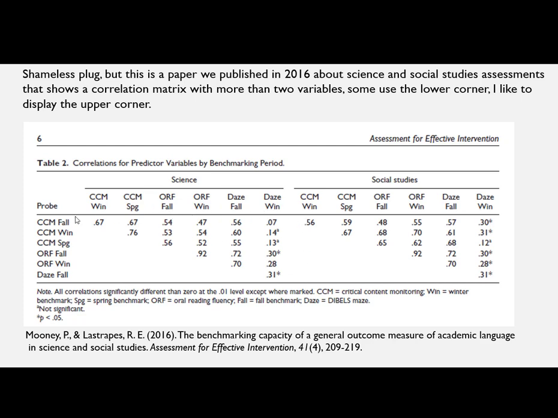And you can see that I only report the upper right-hand corner. So this was for science, and this is for social studies. And then I have a note: all correlations are significantly different than 0 at the 0.01 level except where marked. This is given in APA format, but I just wanted to show you what a correlation matrix looks like. It doesn't make any sense to repeat it, so you just give either the upper right or the lower left